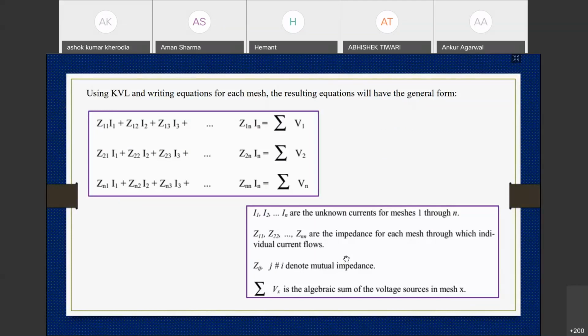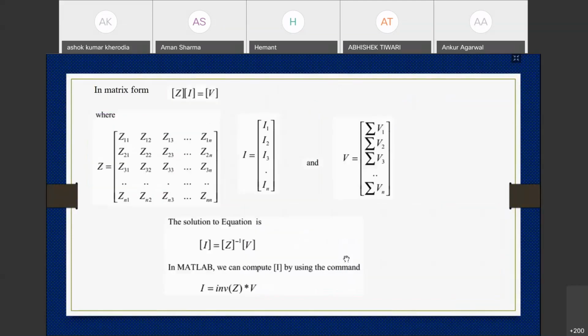Okay, and then find out in a similar way. We'll find the matrix for Z, the matrix for I, and the matrix for V. Then we have to find the loop currents, so I will be Z inverse of V. If you know the equations, we can enter them in terms of matrices in this fashion, I equal to Z inverse V. So we can determine I, the current flowing in a particular loop.